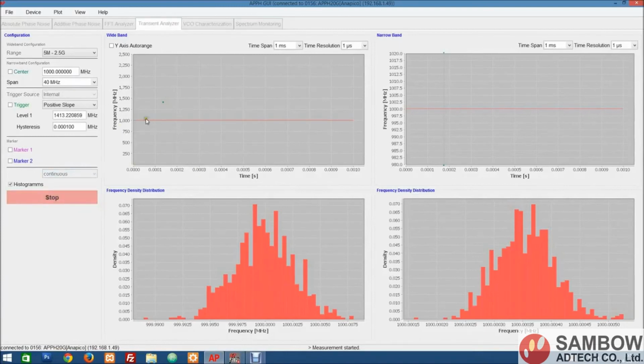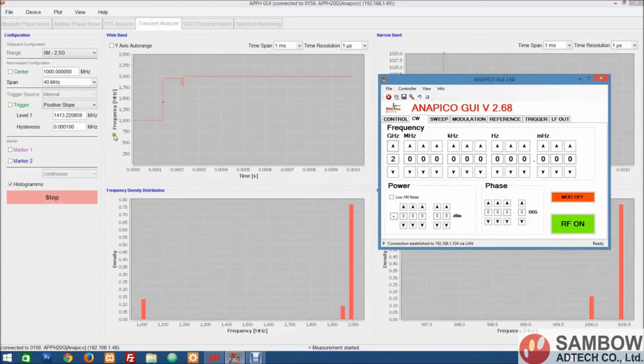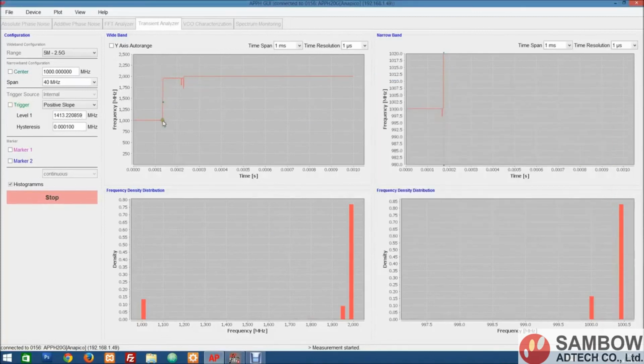So for the moment nothing happens because the frequency never goes through 1.413 GHz. So let's just change that by changing the frequency here, and you can see the trigger fired. And we can see the transient